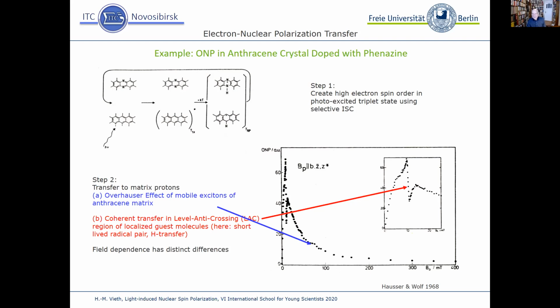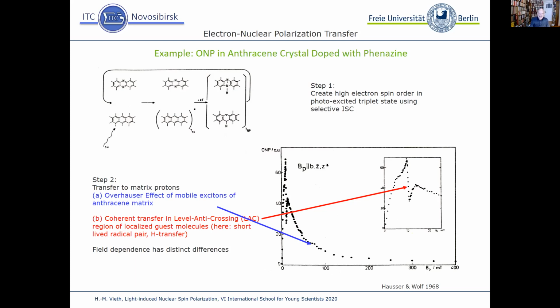And what you see is a superposition of two features: a wide, broad curve going up to 400 millitesla, which is given by the Overhauser effect of the excitons present in the anthracene matrix. That's the Overhauser,